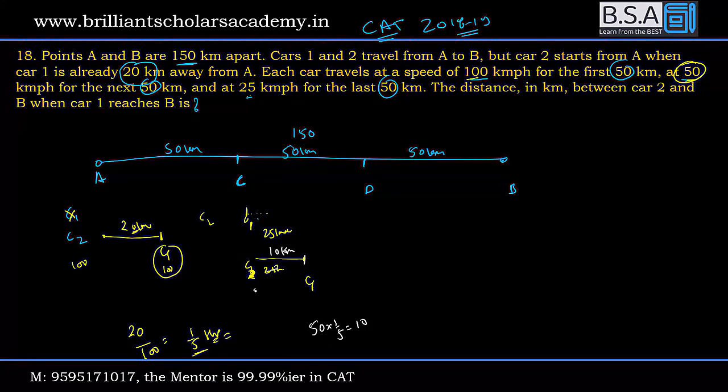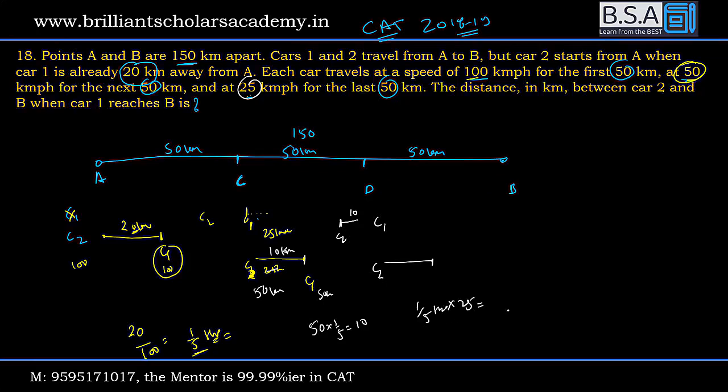Now they are both traveling at a speed of 50 kmph. That means जब कार वन यहाँ पे होगा, कार टू पीछे होगा, कितना किलोमीटर? 10 किलोमीटर्स। So when car two arrives here, कार वन कितना आगे होगा? 1/5 hours। 1/5 hours कौन सी स्पीड पे? 1/5 hours 25 के स्पीड पे। I'll explain this complete again, don't worry। That is 5 kilometers। इनके बीच में 5 किलोमीटर्स का गैप है, तो ये मेंटेन होगा because they are both traveling at the same speed. When car one reaches here, ये कितना पीछे होगा? 5 किलोमीटर्स।